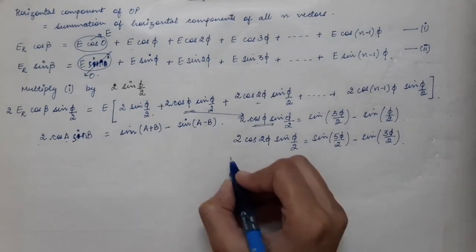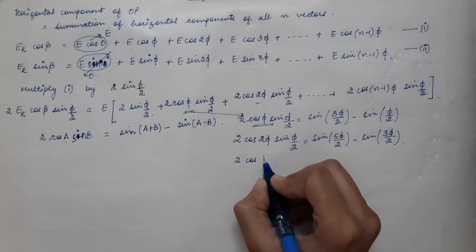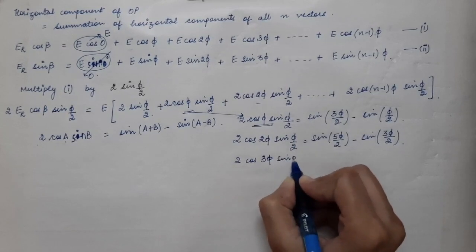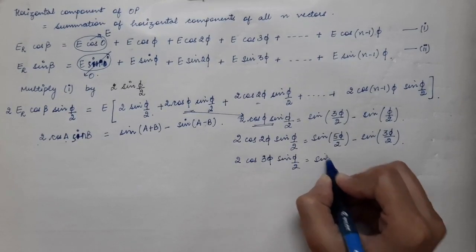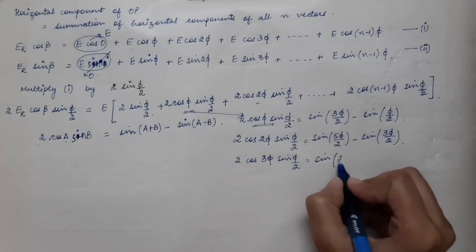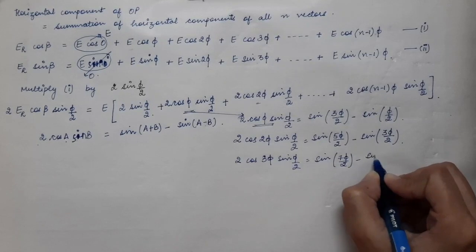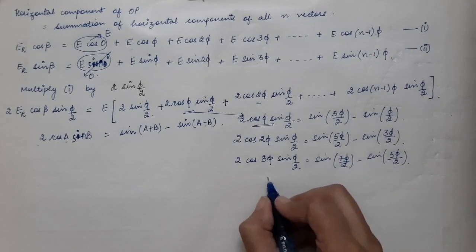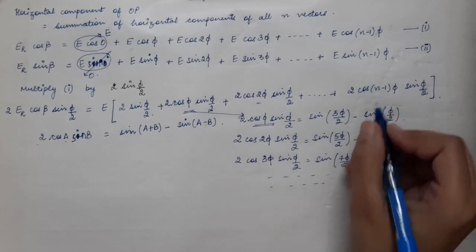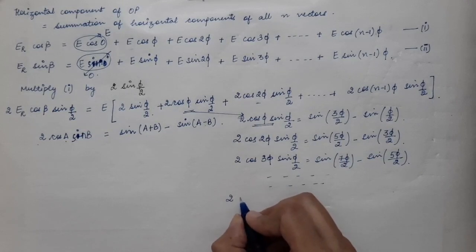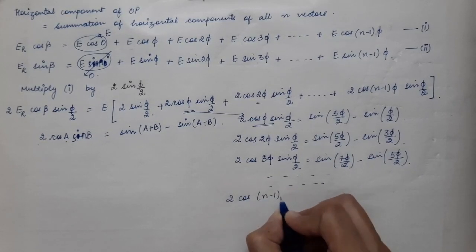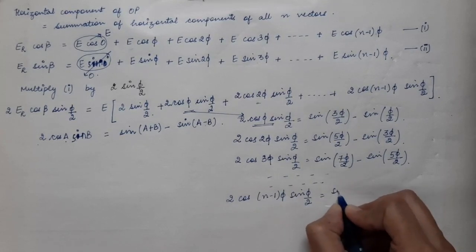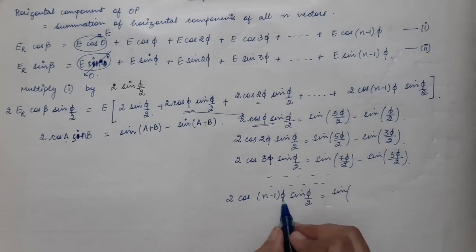And so on. You will get the next term, cos 3 phi into sine phi by 2. So that will be equal to sine of 3 phi plus phi by 2, that will be 7 phi by 2 minus sine of 3 phi minus phi by 2, that will be 5 phi by 2, and so on. You will write it for all the terms. So for the last term, twice of cos n minus 1 times phi times sine phi by 2, that will be equal to sine of n minus 1 times phi